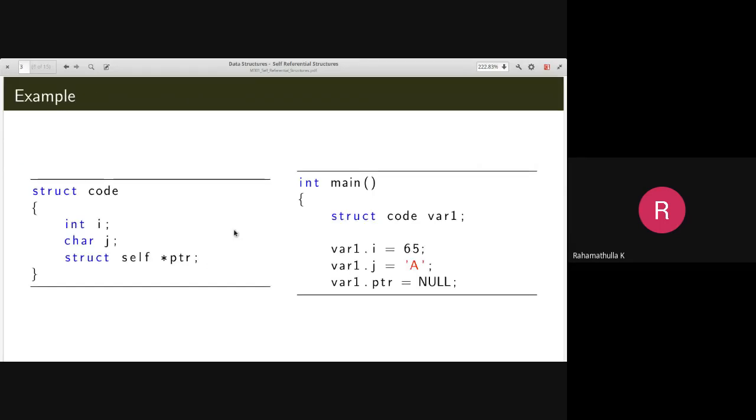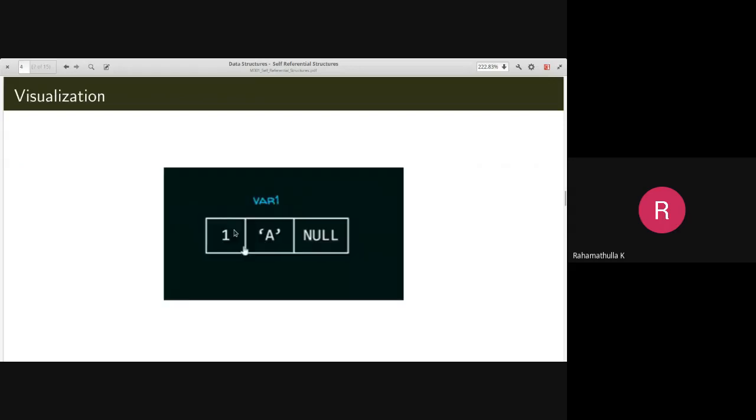In the integer position it is stored as 65, in this case it is stored as 1, and the character is stored as a, then the pointer is stored as null.